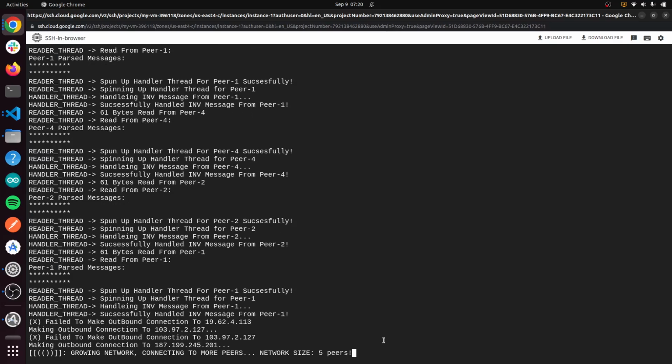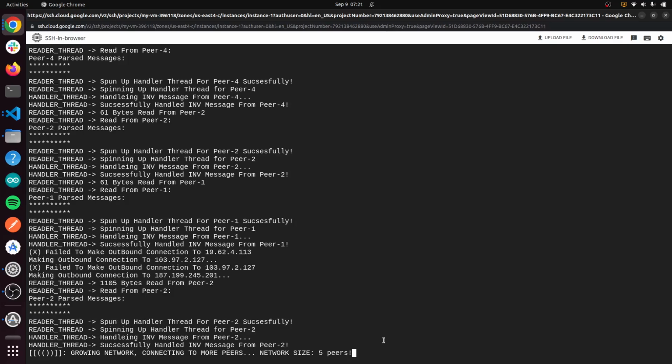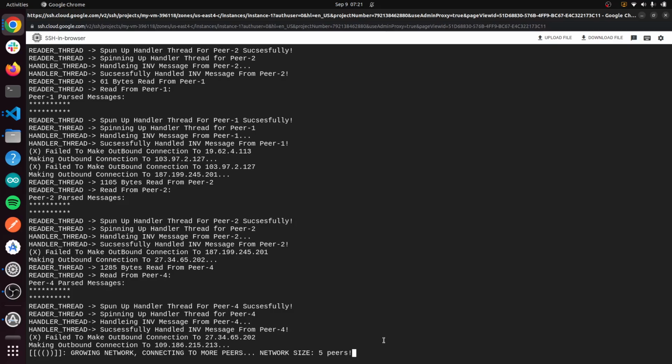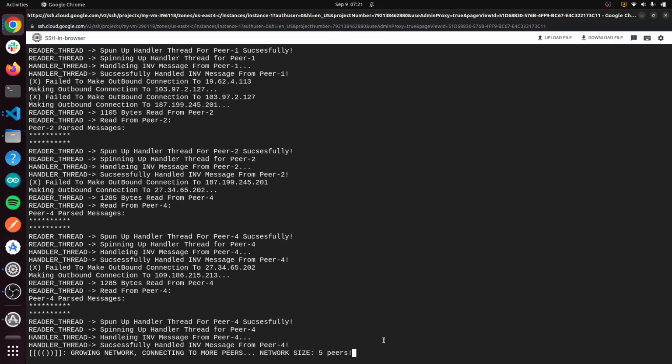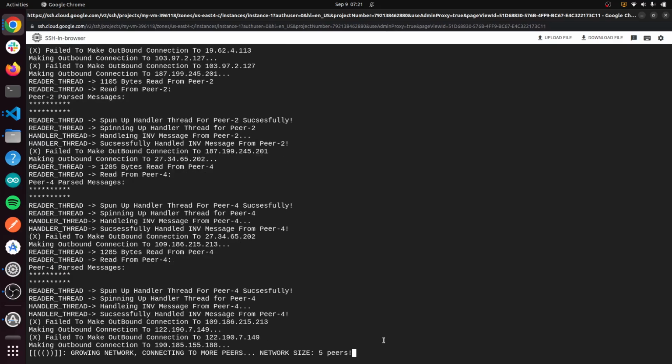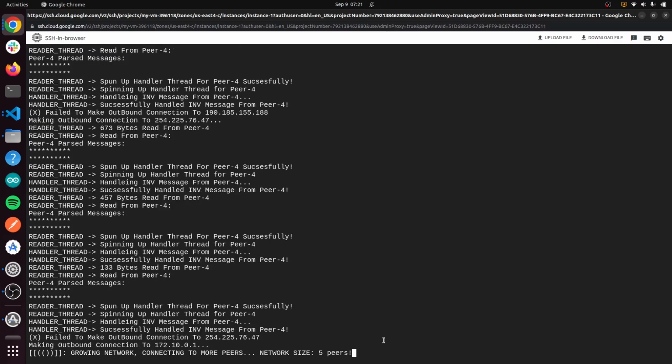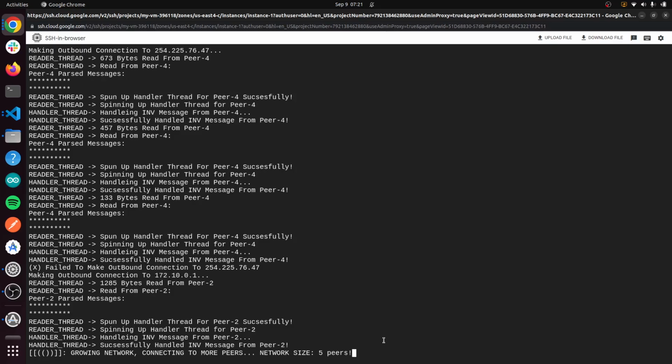Ooh, 5 peers. Still 5 peers. Maybe it's just a slow day for the Bitcoin network. But I feel like I ran this before, and I would definitely get more than 5 peers. I'm pretty sure there's 4 peers plus myself. I don't remember how I counted it, but